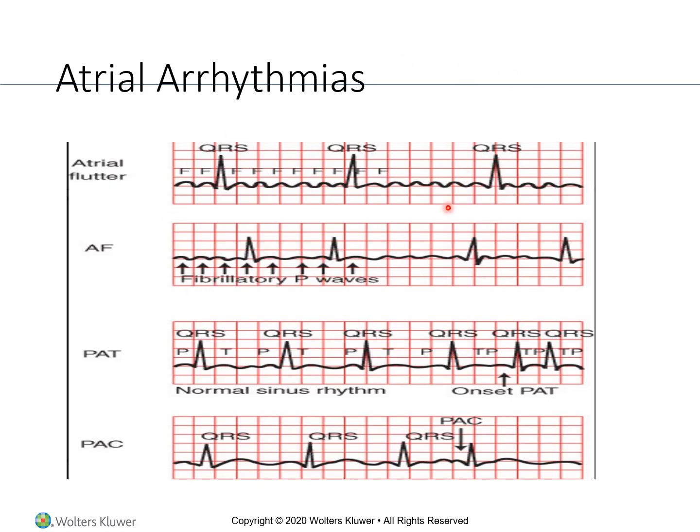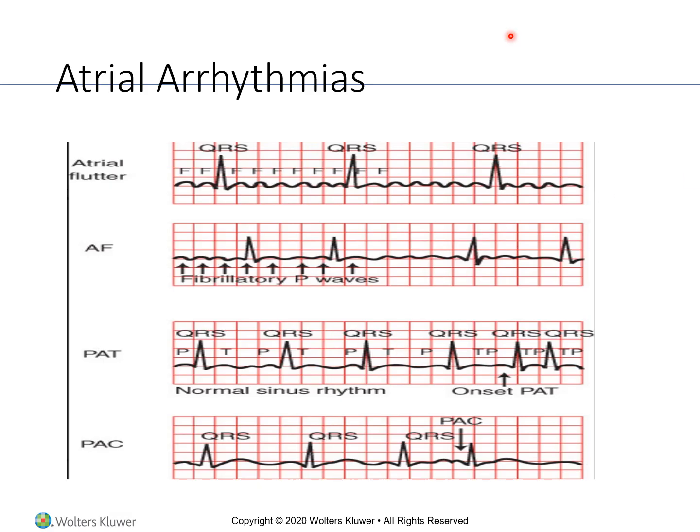The second tracing is atrial fibrillation, where we see even more grossly disorganized atrial electrical activity, and it's very irregular. You see the QRS complexes are much less regular than we saw in atrial flutter. There are no distinct P waves, and so again, that's really very distinctive. The third tracing is